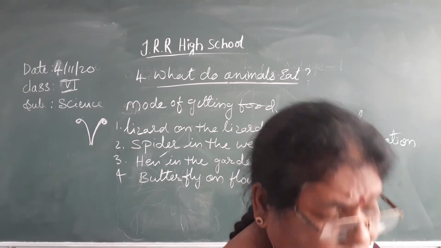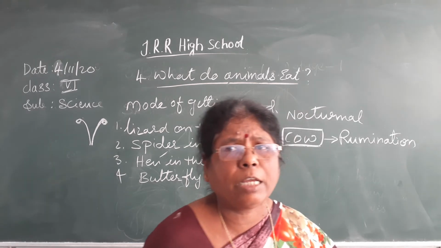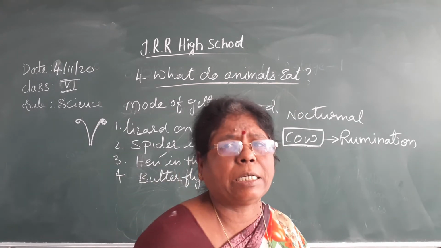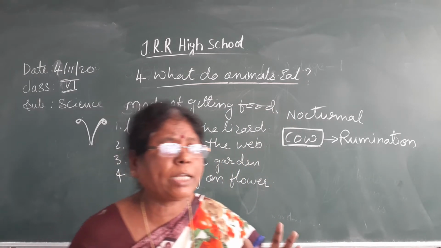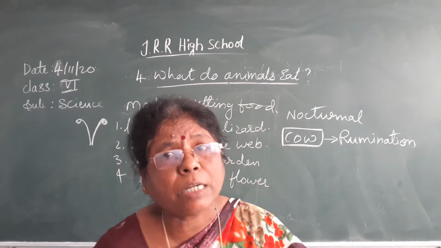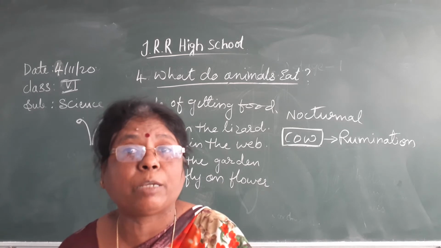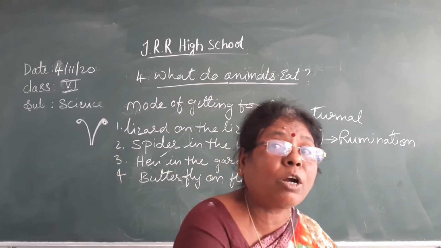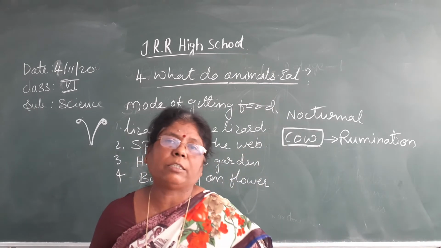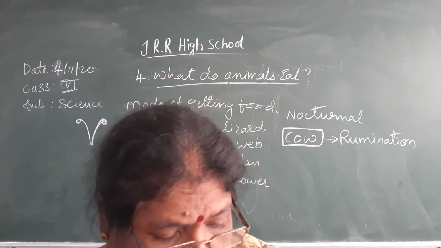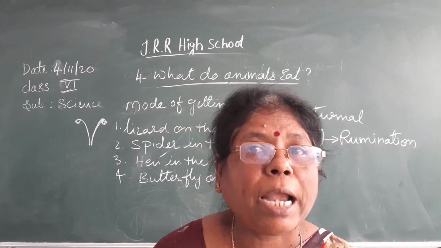Understood? So, here, food chain. In every food chain, one organism depends on another organism for its food. All food chains start with plants. Animals are directly or indirectly dependent on plants for their food. For example, if the herbivorous animals are not there, what happens? It affects carnivorous animals. They die because of lack of food. If the plants are not there, herbivorous animals are not there. If the herbivorous animals are not there, carnivorous animals are not there. So, there is a great balance in nature established among plants and animals.